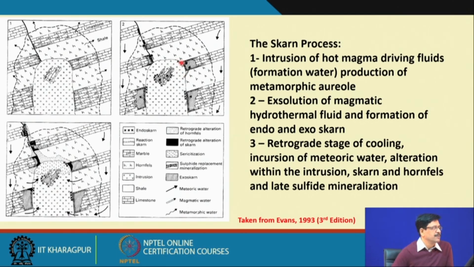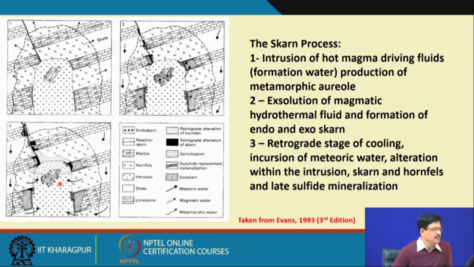So in that case we call them the endoskarn, and this coincides with the very initial phase, the phase in which a magmatic volatile is playing a dominant role and causing the mineralization. The early phase mineralization is also supposed to be manifested in them, and then after the pluton has cooled down and the system has